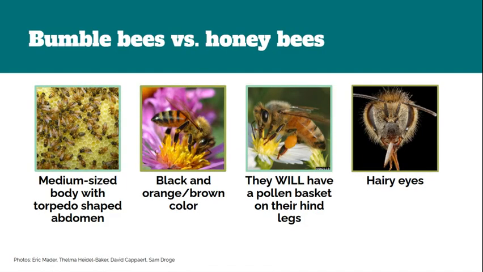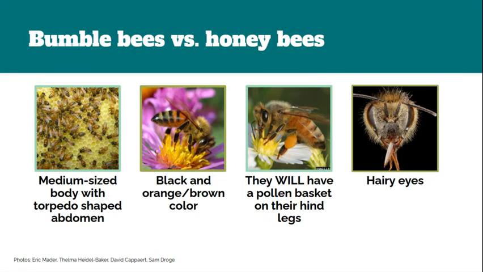One thing to look at is the shape of the bee's body. Honeybees are more torpedo-shaped, while bumblebees are rounder and chunkier. Also pay attention to the colors on the body. Remember, bumblebees' color comes from the color of their body hairs. The black, orange, and brown colors of honeybees is the color of the exoskeleton under the hair, not the hairs